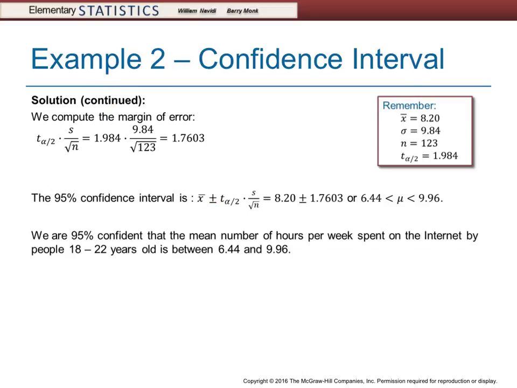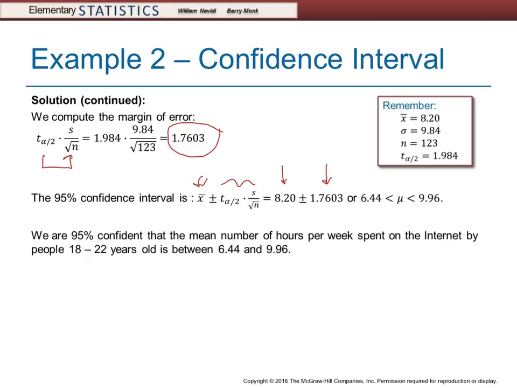And continuing on our calculation, we compute first the margin of error. Again, the margin of error is the critical value times the standard error. When we do that calculation, we get a number 1.7603. Now, to create the 95% confidence interval, we have the point estimate plus or minus the margin of error. In this case, the point estimate, which is x bar, is 8.2, and our margin of error is